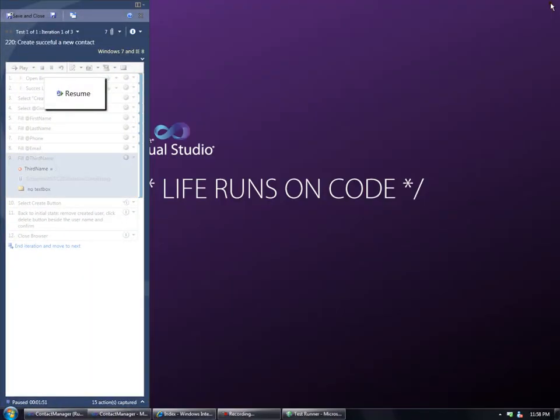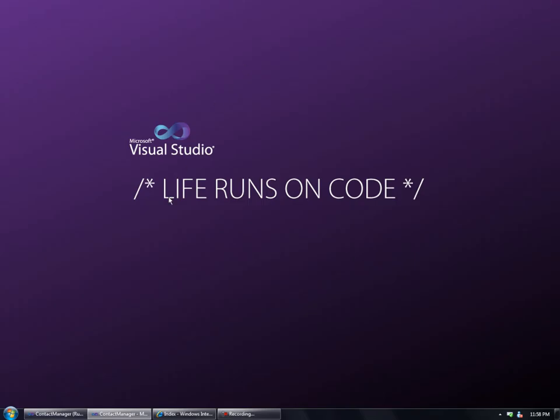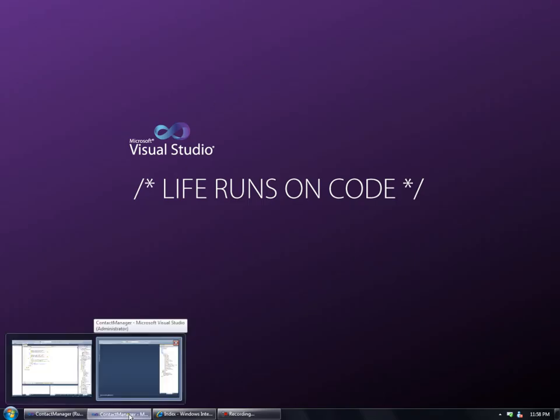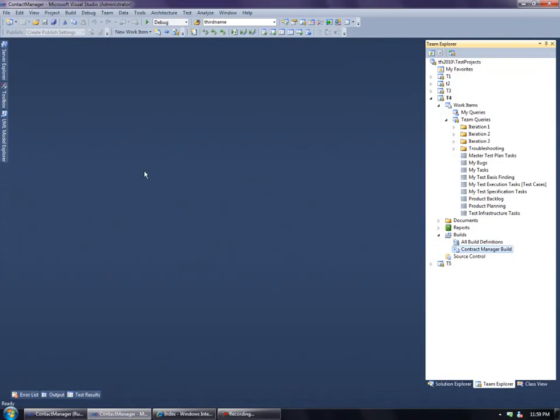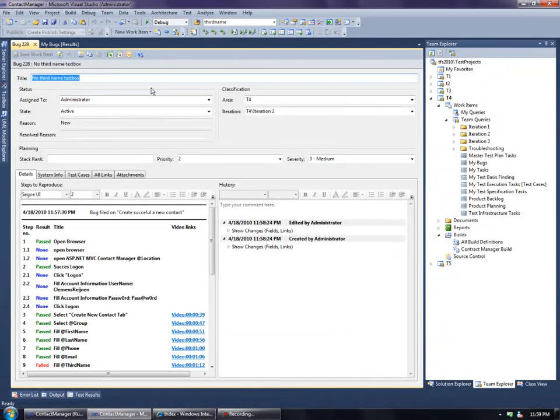Everything is collected, and you can see it's failed in our environment, in our test plan. So let's jump to the development environment, and let's see how the developer is going to solve this problem. He opens my bugs, and the last one, 228, that's the bug, and actually what you see right now is completely the same information as the tester